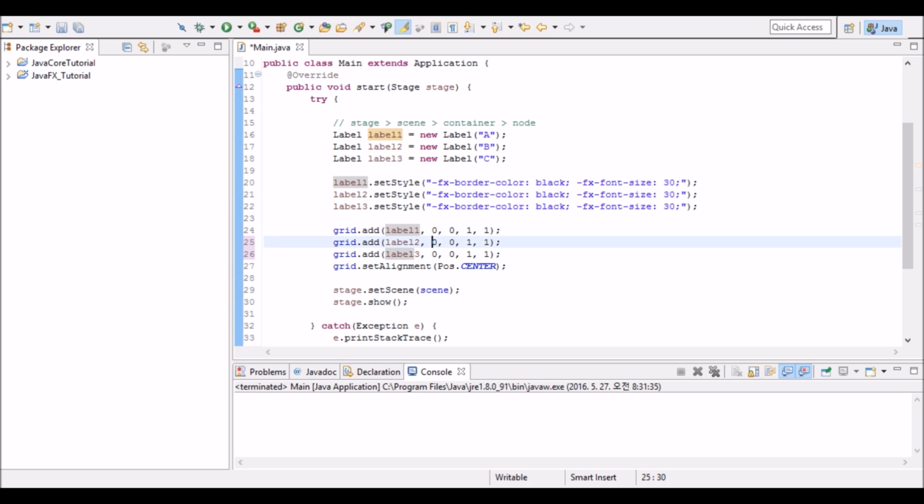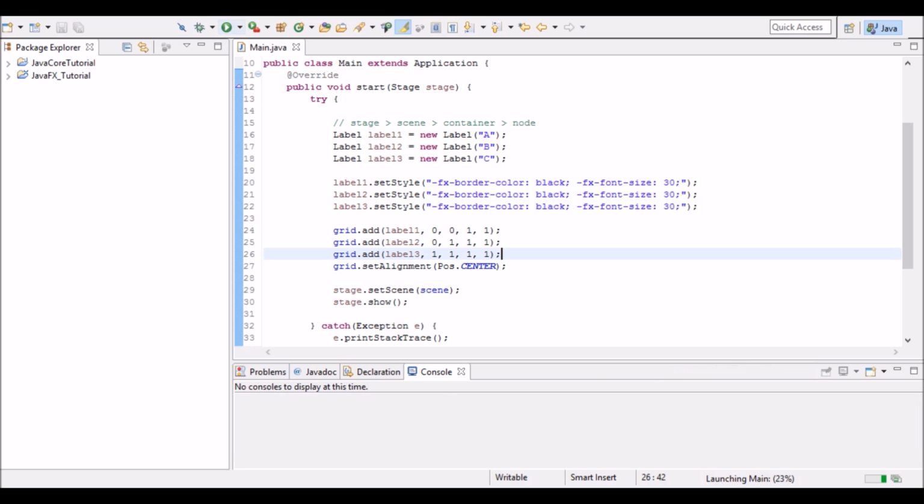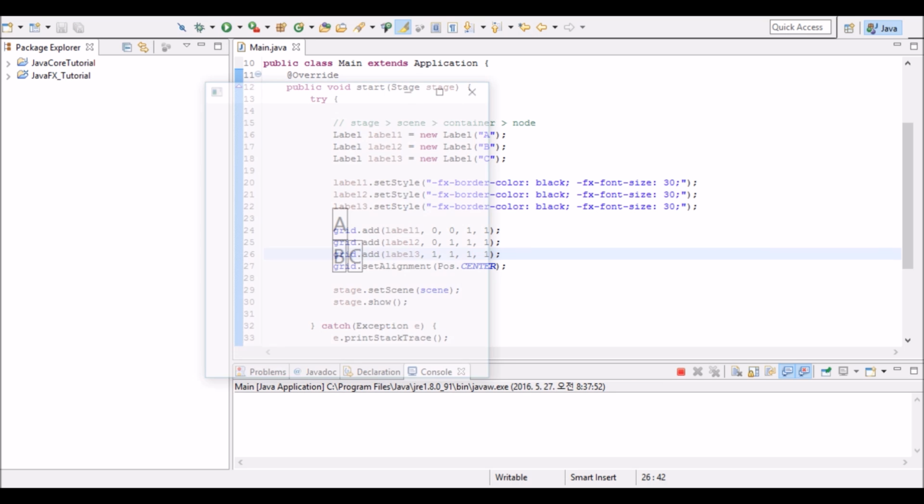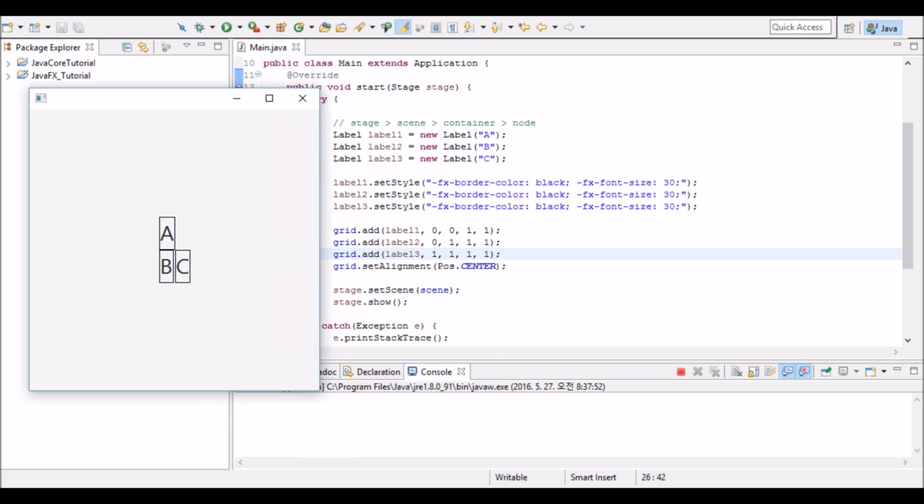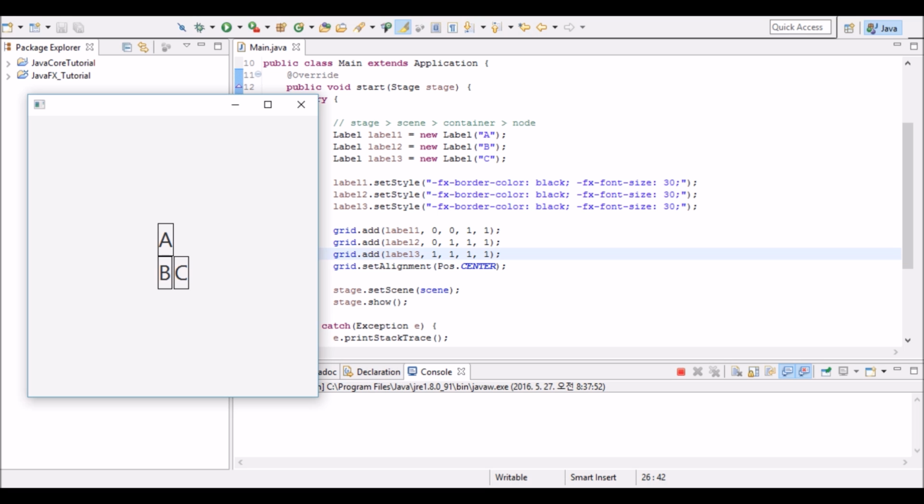And the coordinates would be 0, 1, and it would be 1 comma 1. And let's run this program. And as you can see, label 1 is located at 0, 0, B is at 0, 1, and C is at 1, 1.